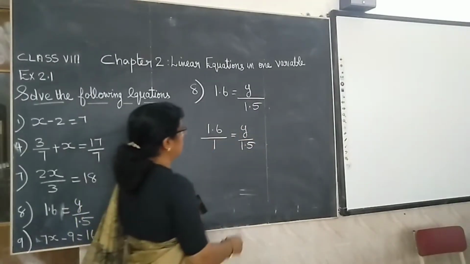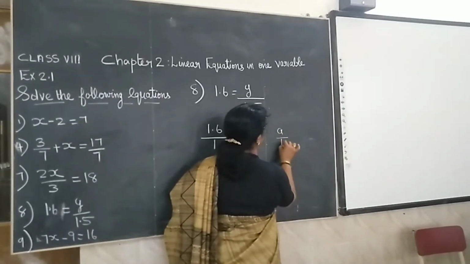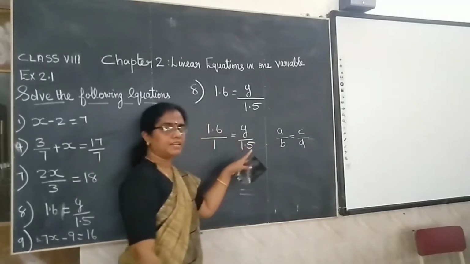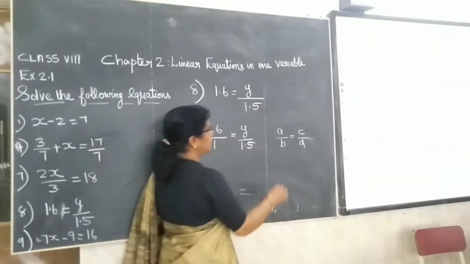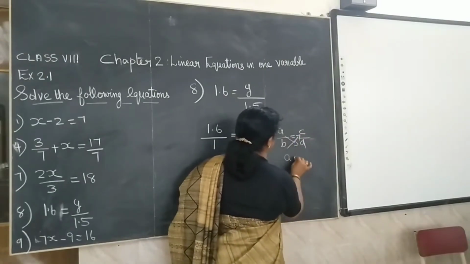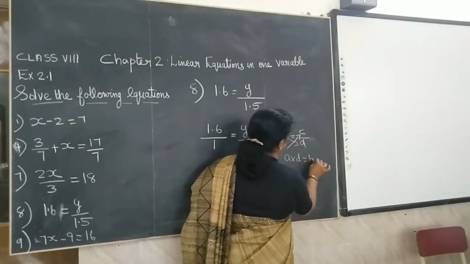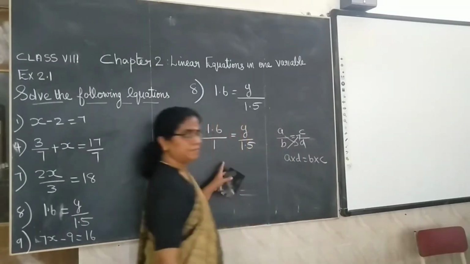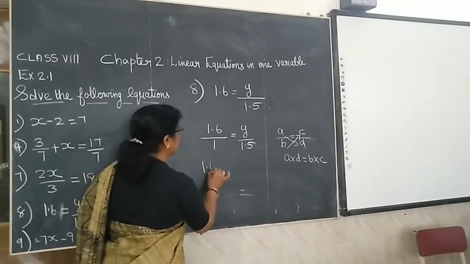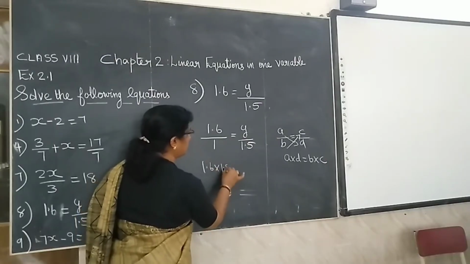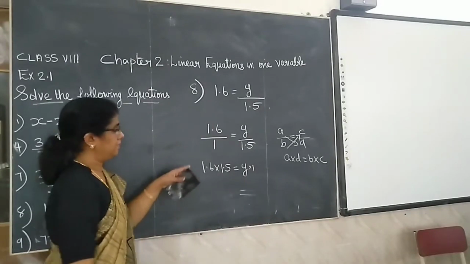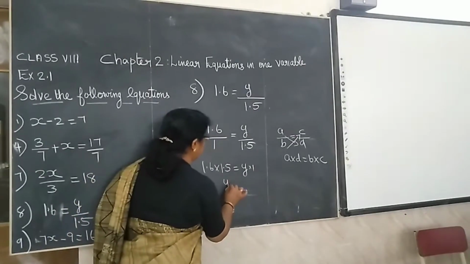Now this is of the form a by b equal to c by d. If two fractions are equal, you can do the cross multiplication. That is a into d equal to b into c. So the same we can apply here. That is 1.6 multiplied by 1.5 is equal to y. Y into 1 is y. So y equal to